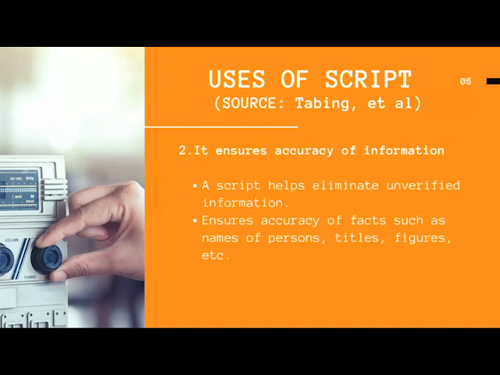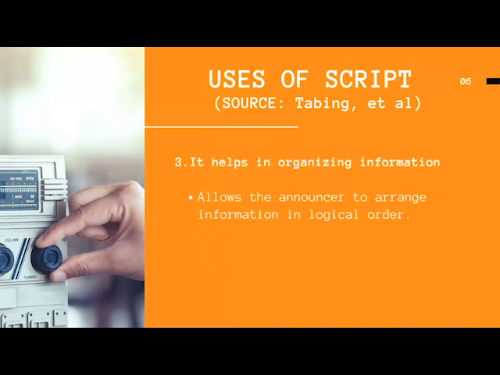Second, it ensures accuracy of information. A script helps eliminate unverified information, and it also ensures accuracy of facts such as names, persons, titles, figures, etc. Next, it helps in organizing information. The script allows announcers to arrange information in logical order. So again, a script is a guide for the announcers to be organized and to have a proper plan